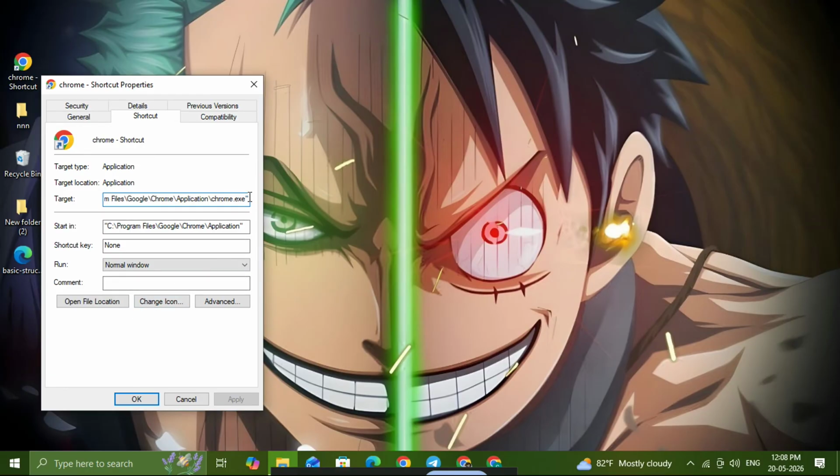In the Properties window, look for the target box. This is where the file path for Chrome is listed. Go all the way to the end of the text in that box. After the closing quotation mark, add one space, then type 2 hyphens and incognito. It should look something like this: